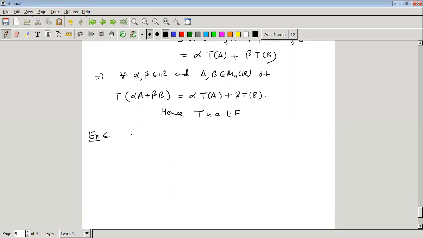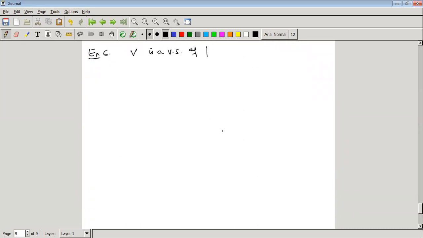V is a vector space of polynomial functions from a field F into F, defined as